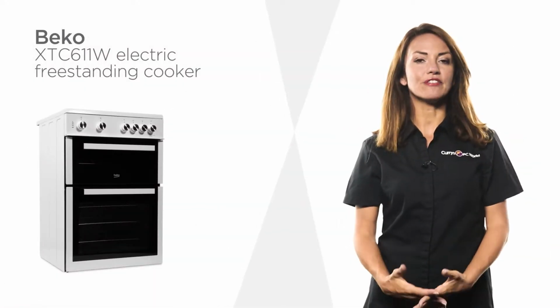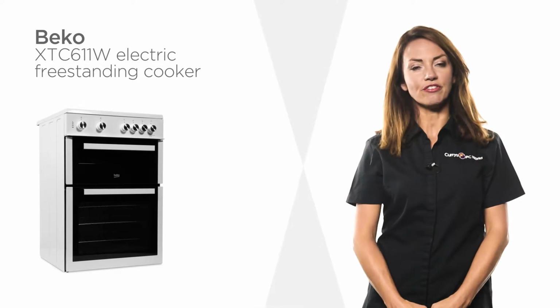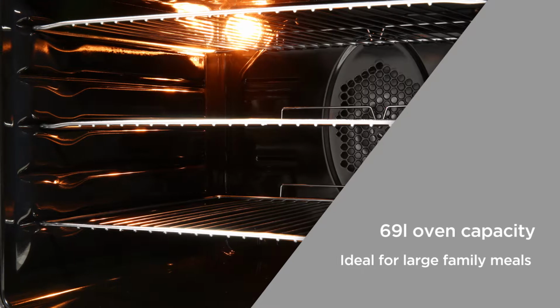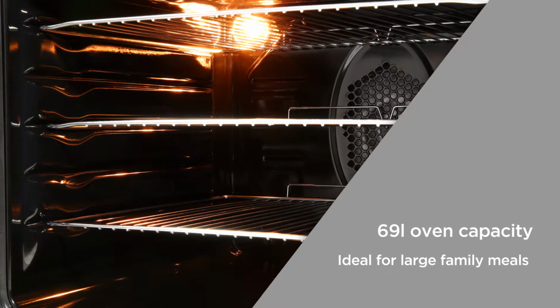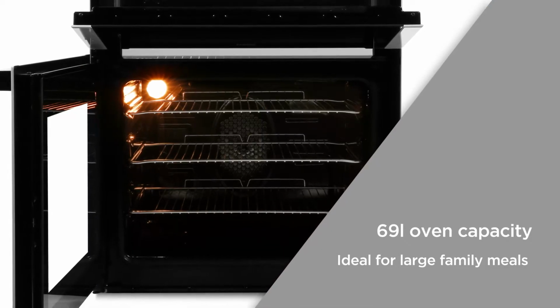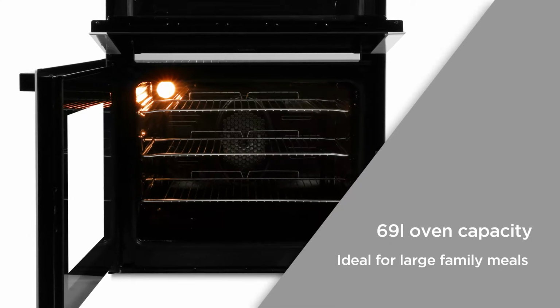Making easy work of everyday use, this Beko electric freestanding cooker is ideal for any budding chef. With a 69-litre oven capacity, you can enjoy great flexibility when cooking a variety of food for the whole family. And with a separate 36-litre grill, you can cook your chips in the oven whilst your bacon crisps in the